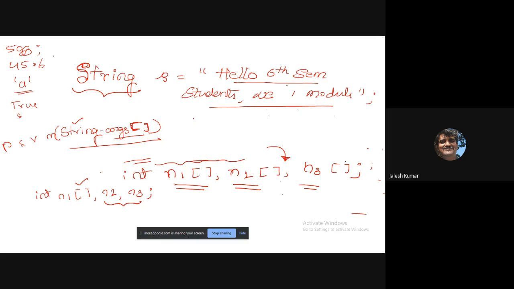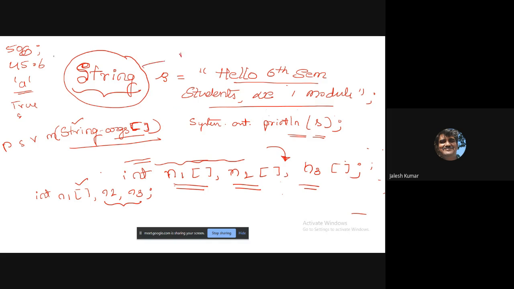And when you print this, system dot out dot print, we are just typing S, that itself. You'll get hello 6M students, we with one module. That print you will get. Not necessary, because you can write directly inside system.out.print this hello 6M with double quotes. Instead of this, you assign that for string type, you display that. Okay. So in detail about string, we are in the last unit, 5th unit. Just to take you to strings, I am briefing.